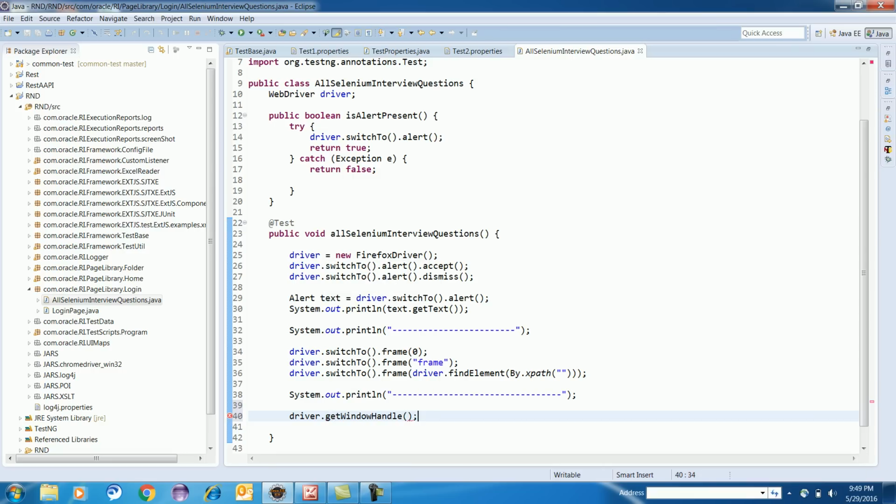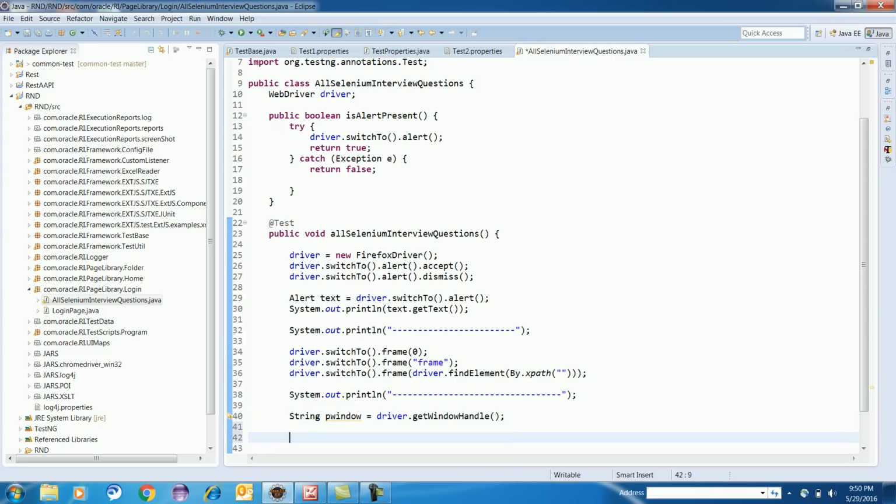This will give you the parent window ID, a unique ID. I mean the window on which you are performing the actions, you will get the ID for that particular window.